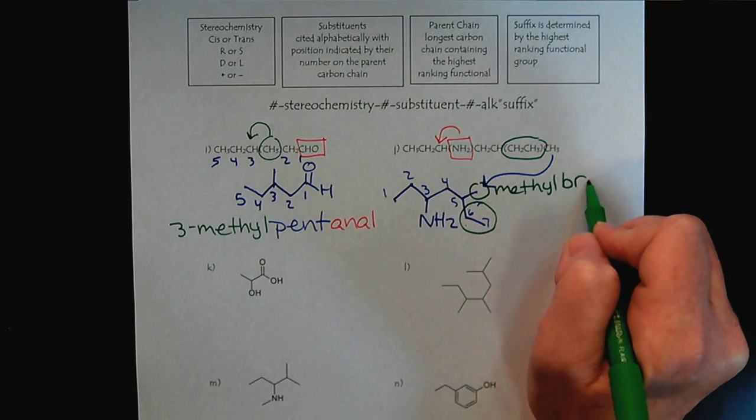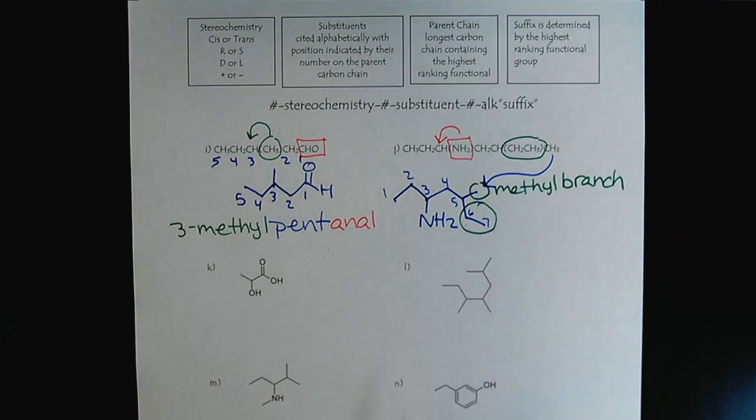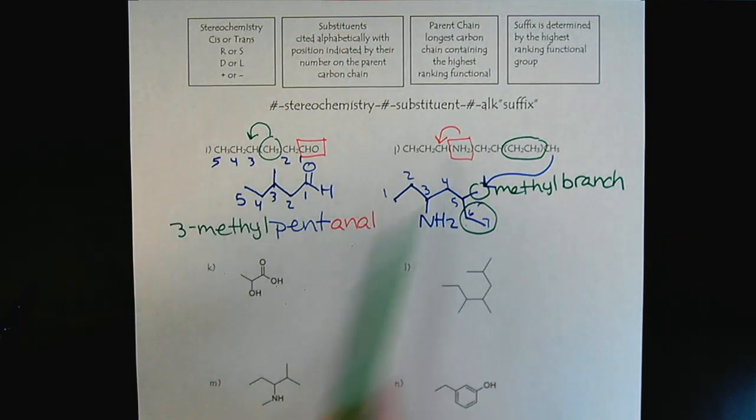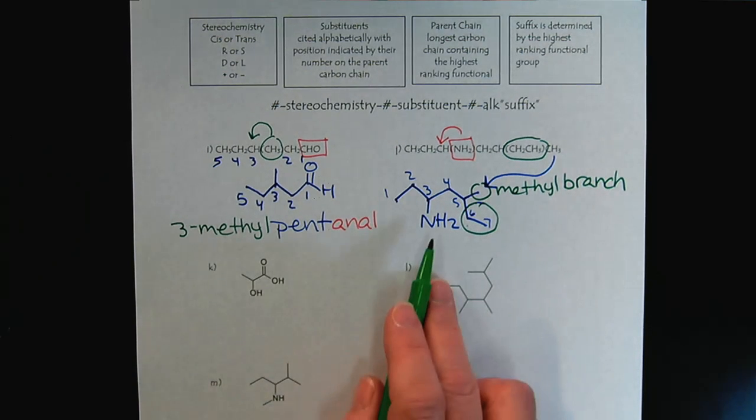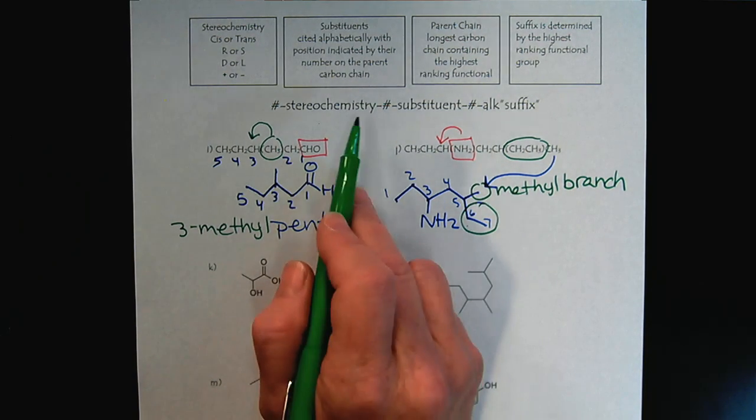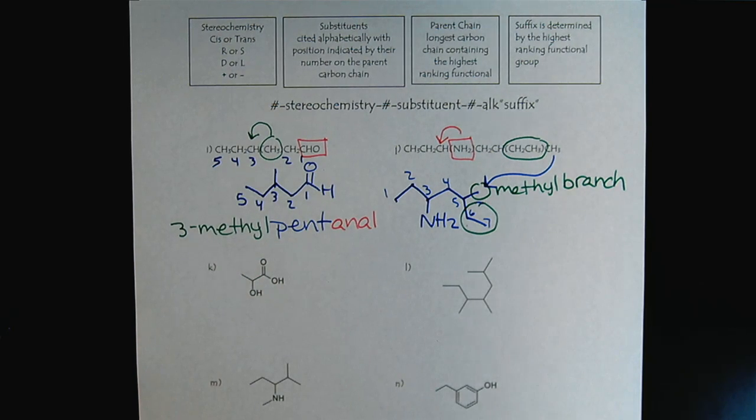That's why it's really important. This example is here to remind you to not try to name off of the condensed formula. Draw out the structure so that you give yourself a chance. So the correct name for this compound, I think I'll draw it up here in the space above, is